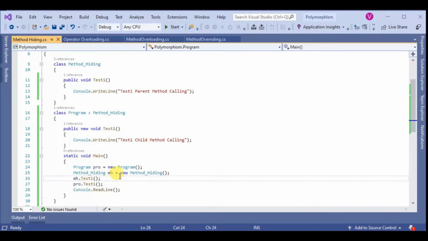You can access the parent class method exactly as defined by creating an instance of the parent class. The second approach is by using the base keyword. Also we can call the parent's method from the child class, but keywords like this and base cannot be used in a static block. You cannot use the base keyword in a static block. So let's do the second approach.